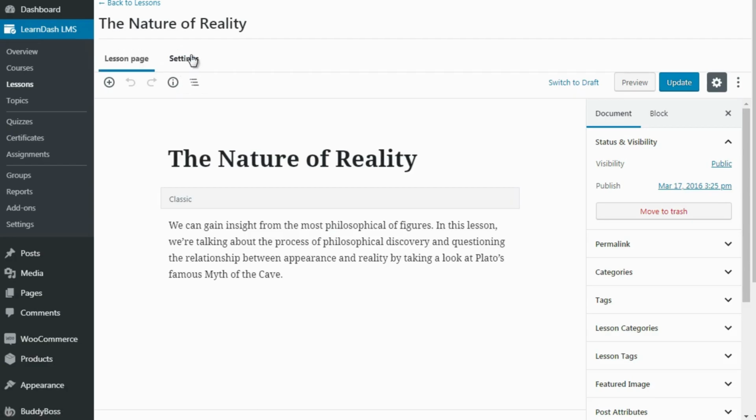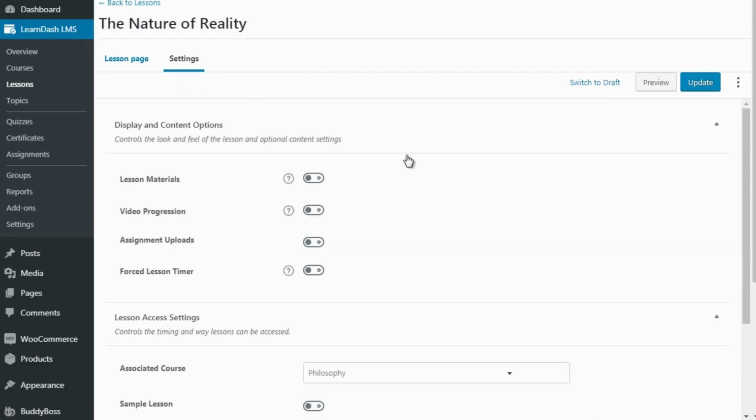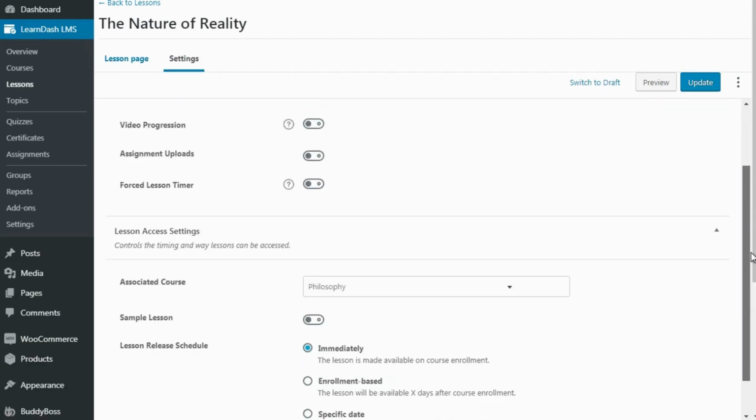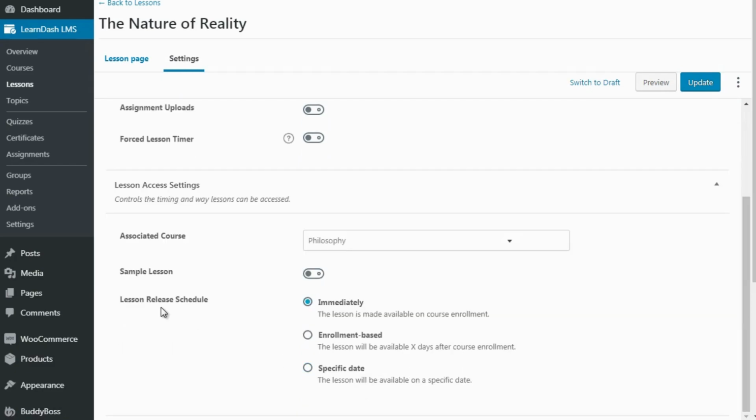And we want to go to settings. And if we scroll all the way down to the bottom, it's going to say lesson release schedule. So this is the drip feed option. You can either have the lesson be made available immediately. So by default, they're all going to be made available immediately. It says here, the lesson will be available X days after course enrollment, or the lesson will be available on